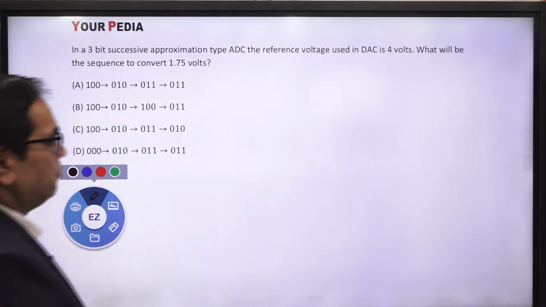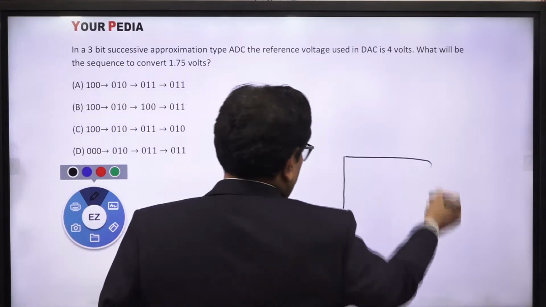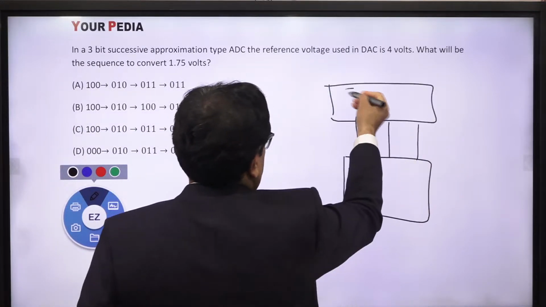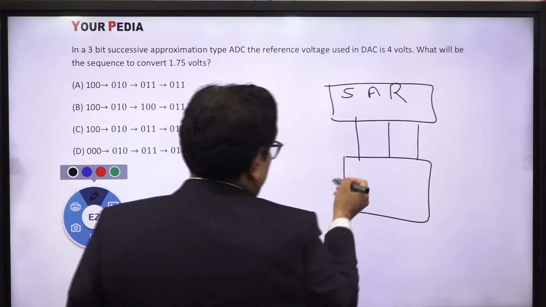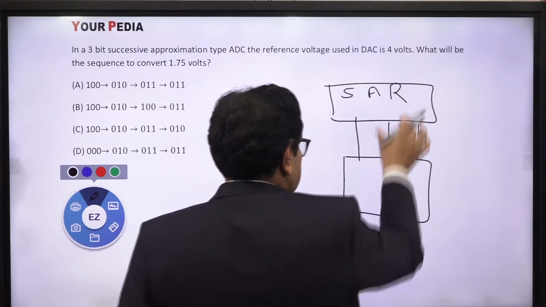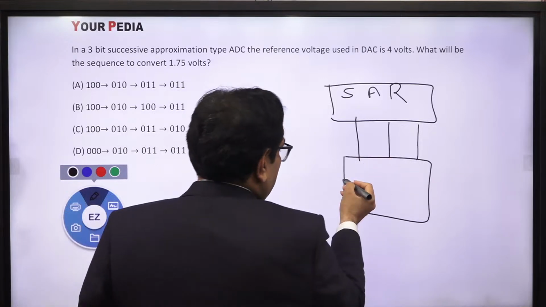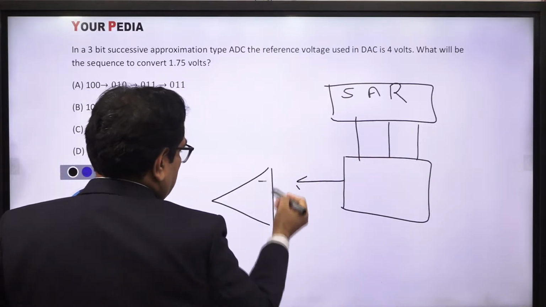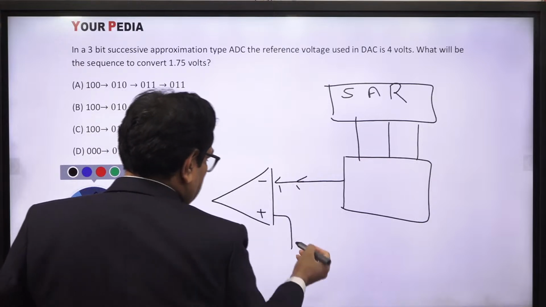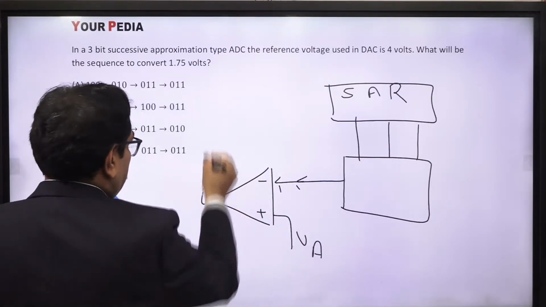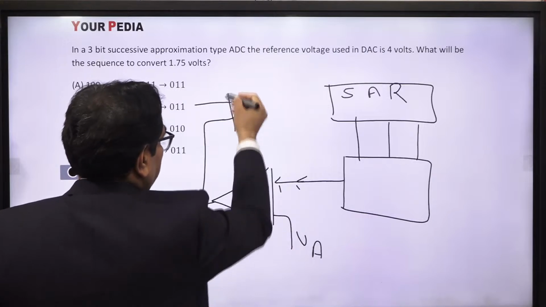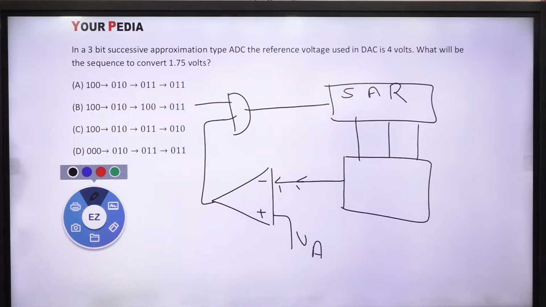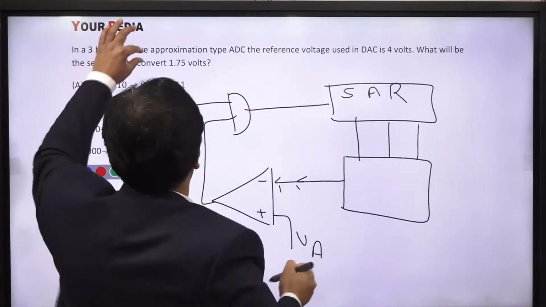What we are going to do, देखो DAC है इसके अंदर एक, ठीक है, और यहां पे हमारे पास होता है सक्सेसिव अप्रोक्सीमेशन रजिस्टर SAR, ठीक है। SAR का जो कंटेंट है, that is as the input of the DAC, और DAC की आउटपुट जाती है कंपैरेटर में, you all know this, ठीक है। इस कंपैरेटर में एक सिग्नल हम अप्लाई करते हैं, इनपुट सिग्नल VA, ठीक है, और ये कंट्रोल लॉजिक के थ्रू कनेक्ट होता है यहाँ पे with the clock input of this register. ओके, सो रजिस्टर का कंटेंट चेंज होता है।